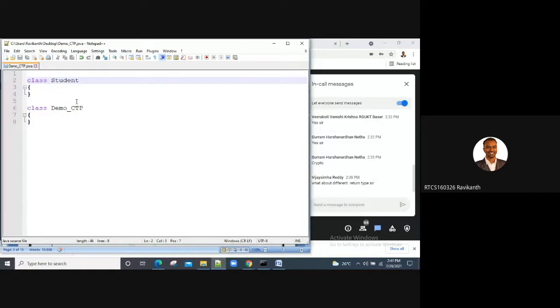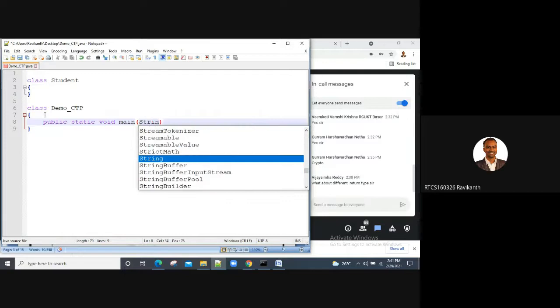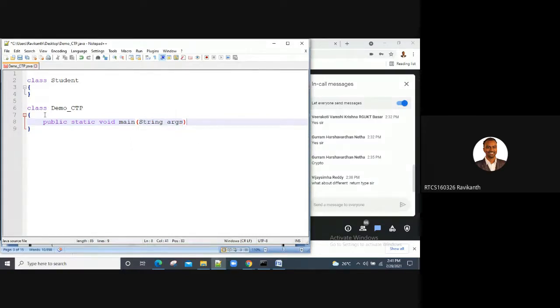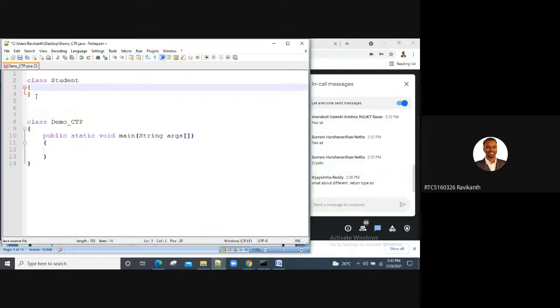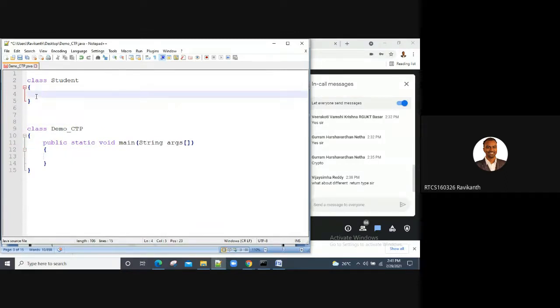Yes, perfect. Then let me write my main method: public static void main, String arguments. Coming to my class, my concept is to work on compile time polymorphism, method overloading.